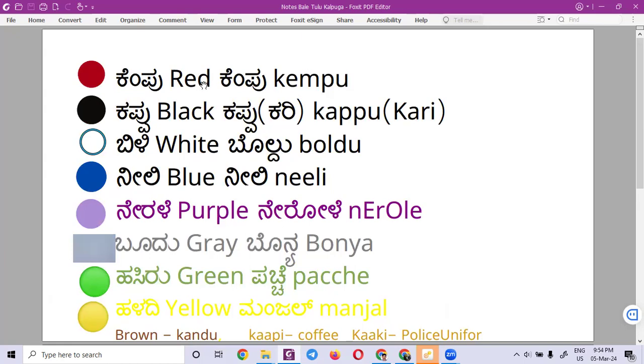Once again, fast. Red, black, white, blue, purple, gray, green, yellow, brown, purple, white, black, gray, green, red, purple, gray, white, blue, black.